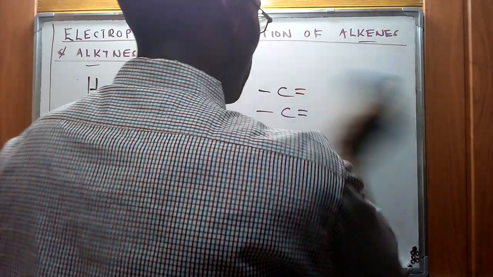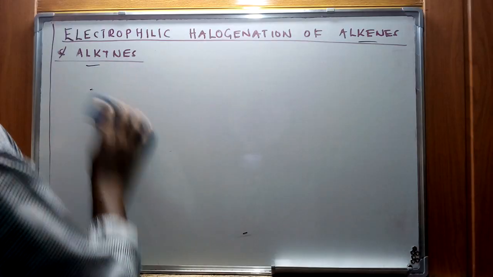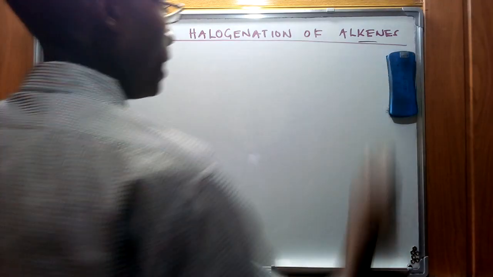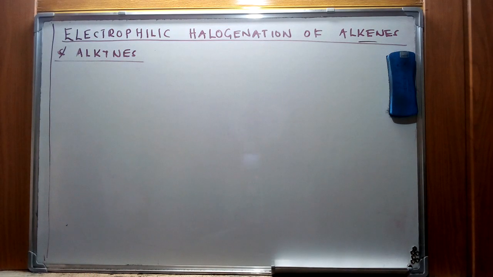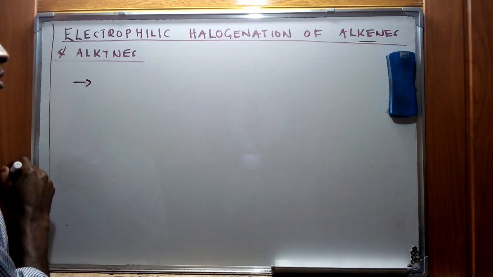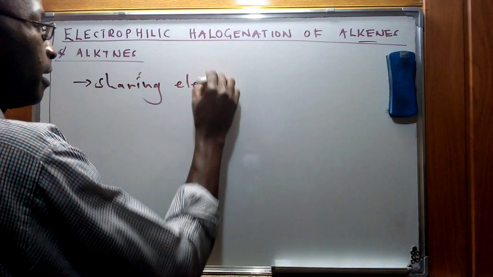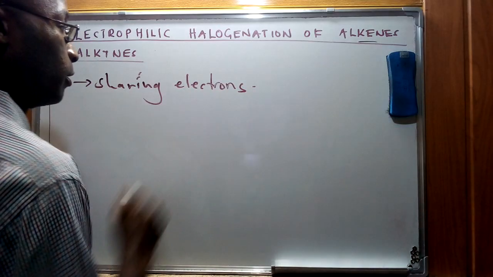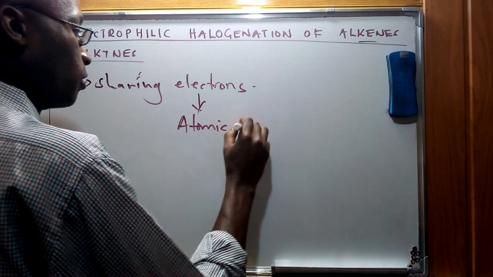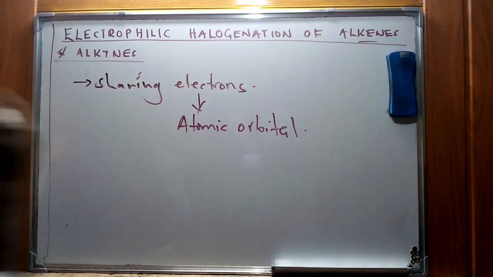Now, to elaborate on this, I've mentioned that carbon basically forms bonds through covalent bonding. In this case, if we have an alkene molecule, we accept that the interaction is going to occur by sharing of valence electrons. And if we talk about the concept of electrons, we have discussed atomic orbitals, which we are going to consider in this particular case. So the interaction of atomic orbitals in the valence shells